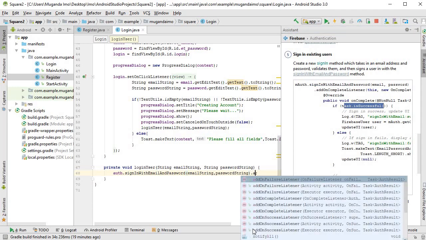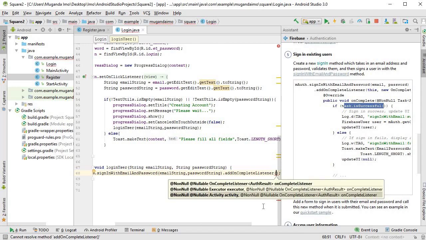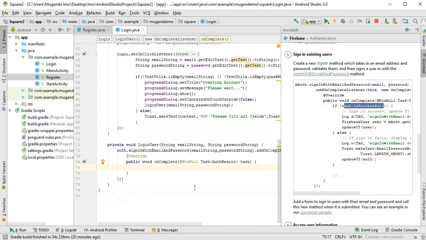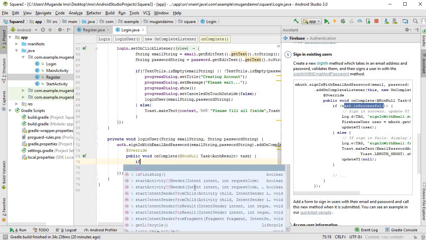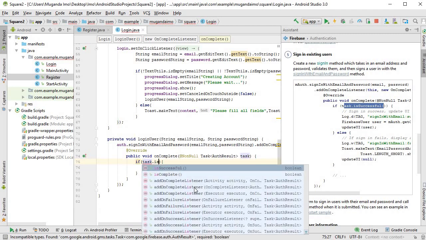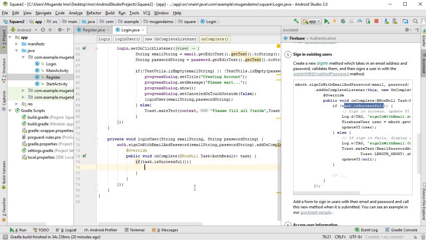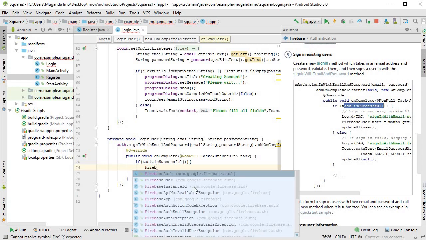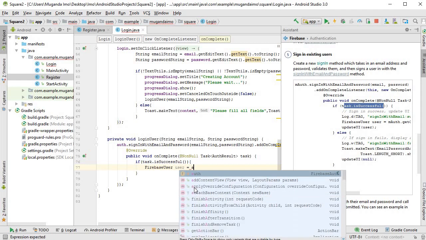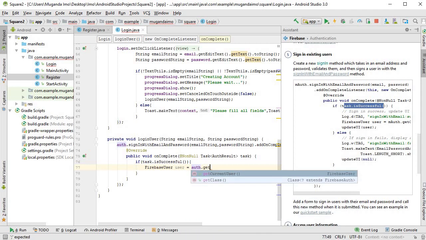So just put a dot and add OnCompleteListener, new OnCompleteListener, and it will give us the code we need. And then simply, if task.isSuccessful, we can create a FirebaseUser equal to auth.getCurrentUser,